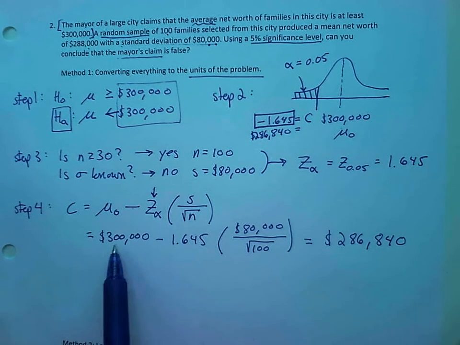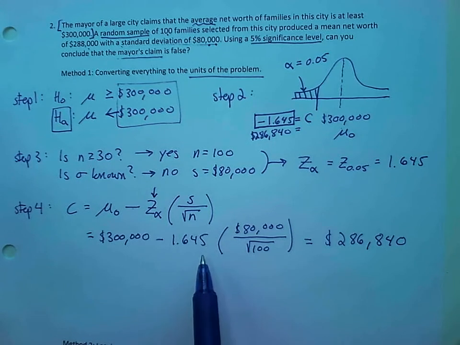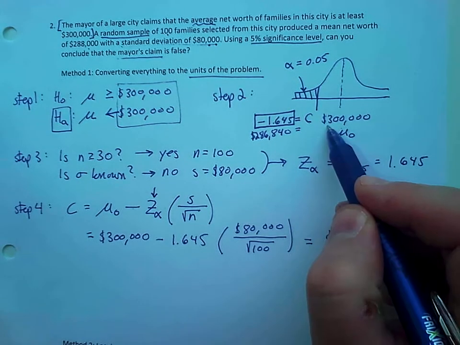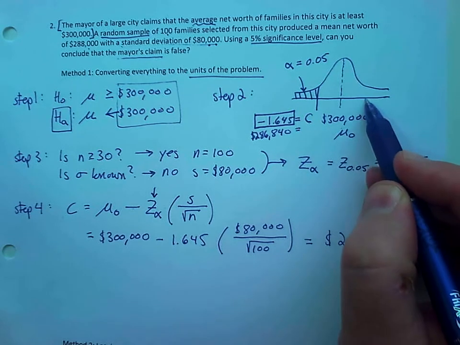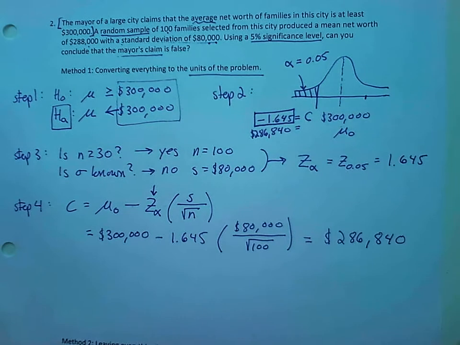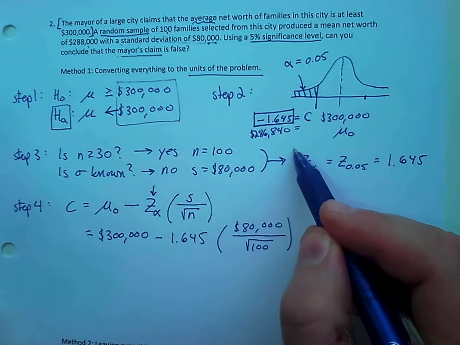But $300,000 plus an amount is going to be above $300,000. So therefore you're going to come up with a value that's above this or to the right of this, and that would simply be incorrect. So that's why I keep emphasizing, I keep repeating myself,